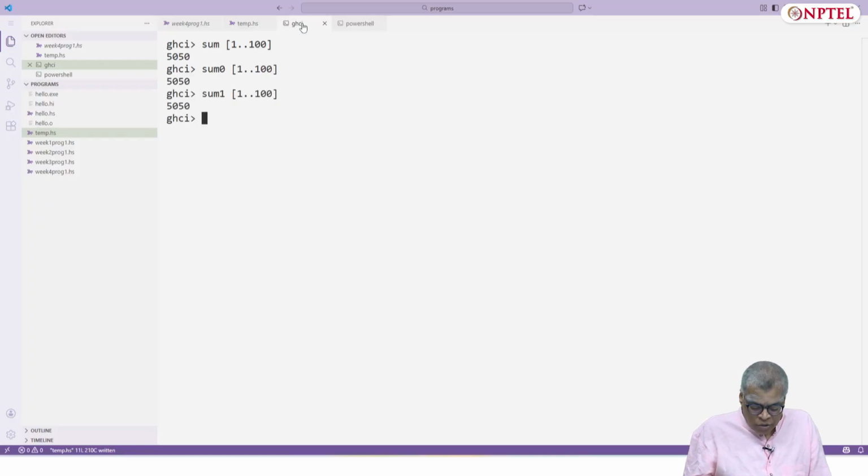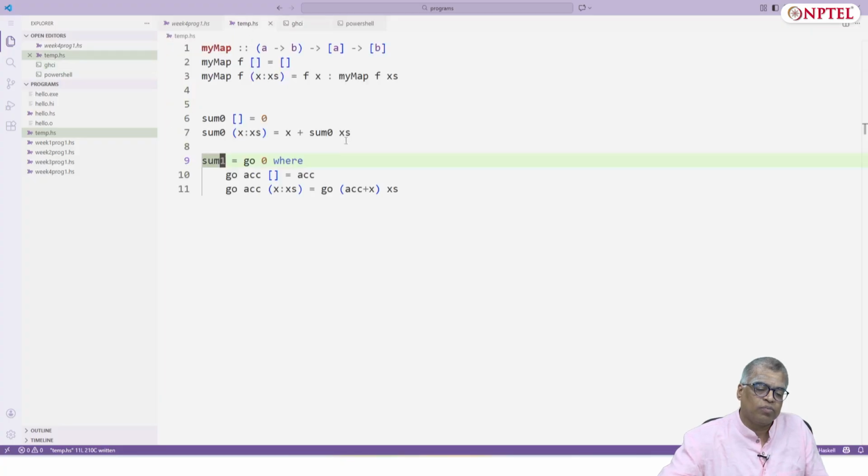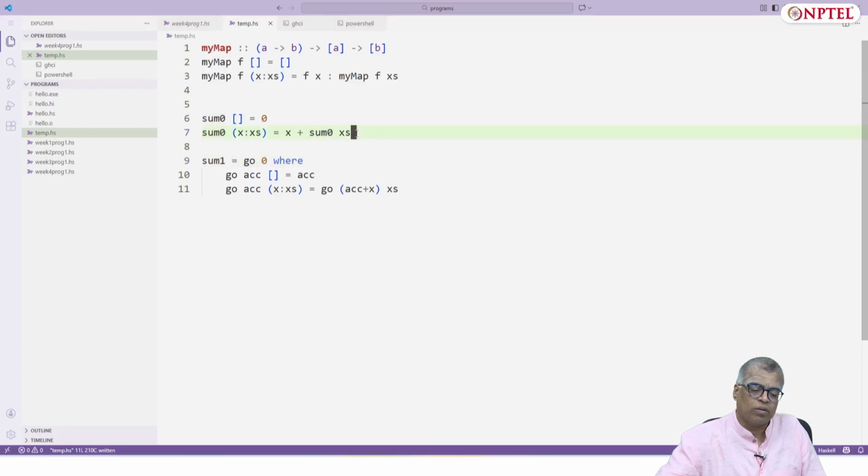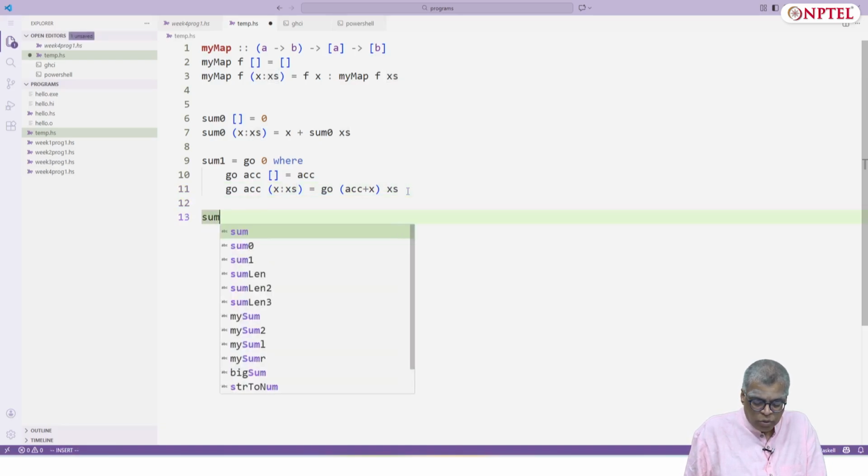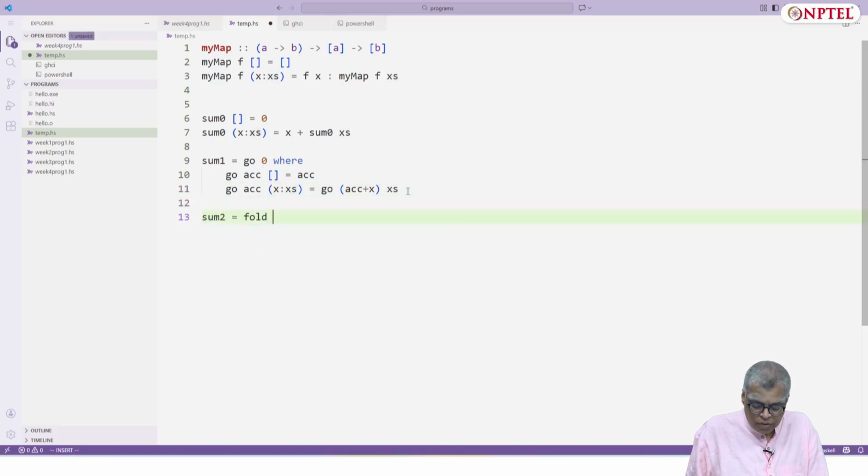Okay. So now instead we could have just used foldr and foldl. So let's call it sum2 and sum3. Sum2 is just foldr of plus 0.